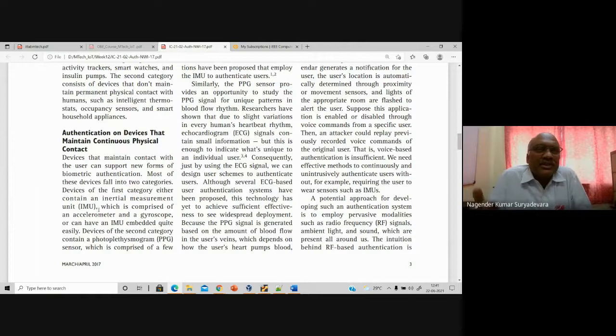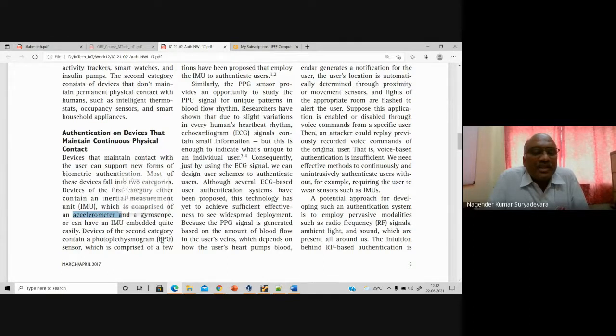They are measuring something. An accelerometer is meant for measuring the distance that you walk, and a gyroscope gives the direction in which you are positioned. There are accelerometers, gyroscopes, triaxial gyroscopes, and different types of gyroscopes. Basically, inertial measurement units are comprised of accelerometers and gyroscopes, or sometimes they are embedded directly into the device itself. And there are devices of the second category containing